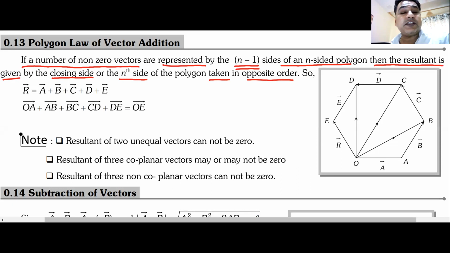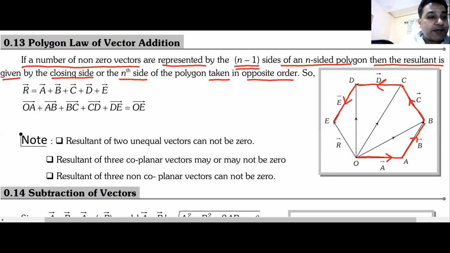Now look here, I will draw all these vectors with the red ink. The first vector is OA, the second vector is AB, the third vector is BC. Are you following me, everyone? Or have I gone too fast, at the speed of light? Yes, you are following me. The fourth vector is CD. The fifth vector is DE. And I have the final answer. And the final answer is OE. Am I clear? You all understand this? This is known as polygon law of vector addition.